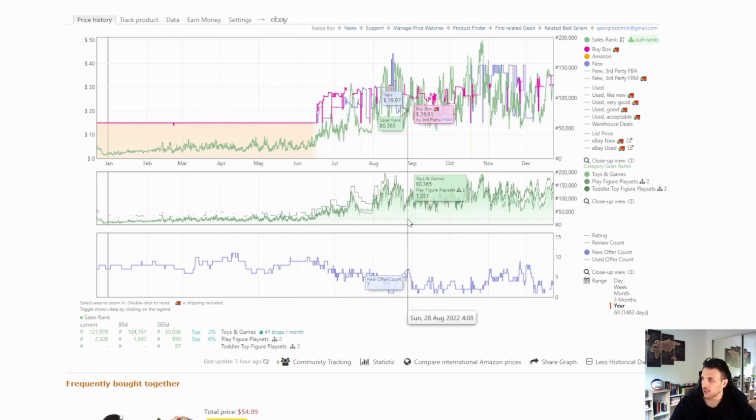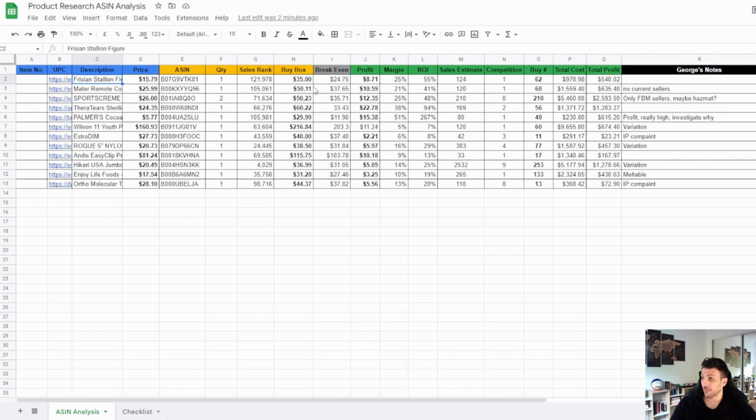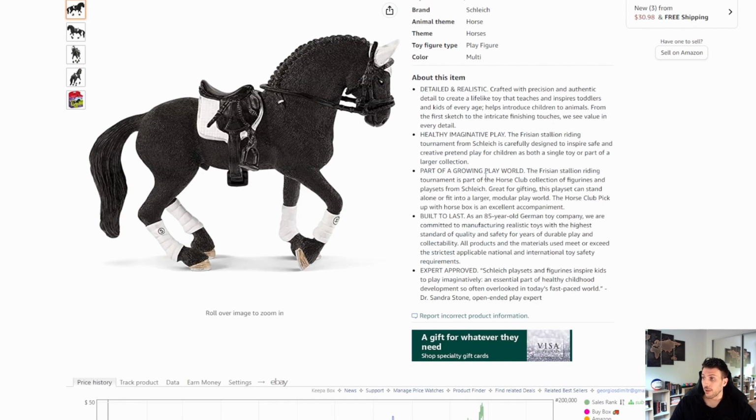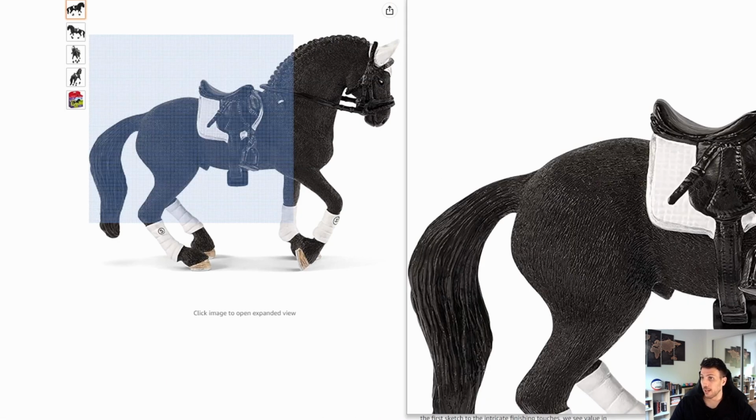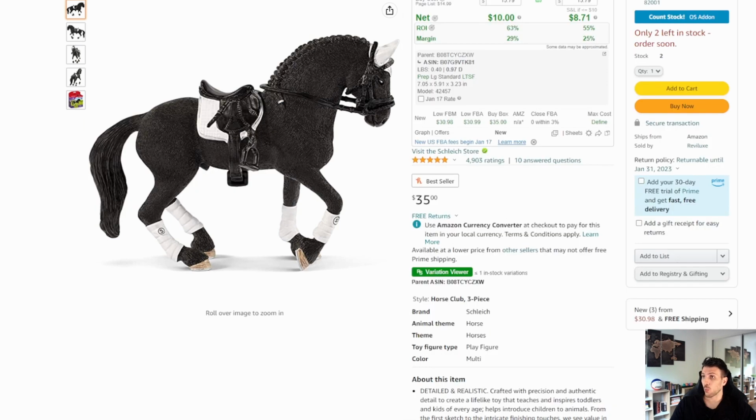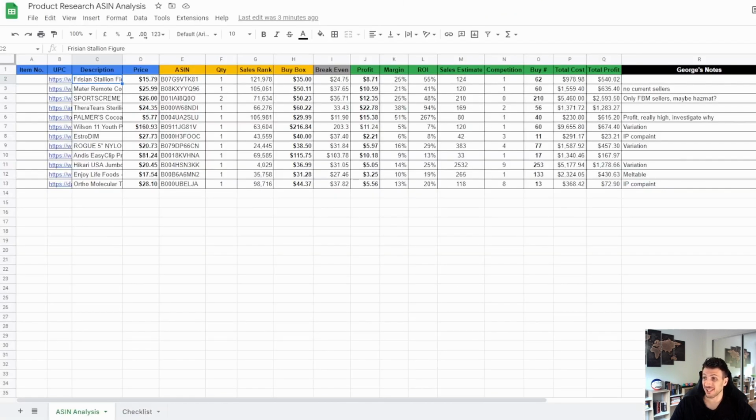If I were to purchase this product, I wouldn't go too deep. I wouldn't buy too many. The sales estimate is 124 units. That's according to Jungle Scout. There's no variation in this product. There is one competitor at the moment. So based on those figures, we could buy potentially 60 units and they would sell, but you never know if